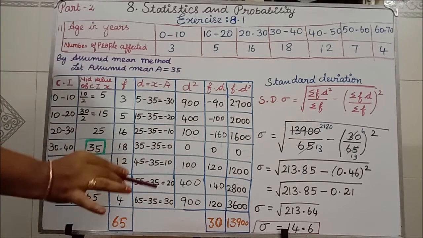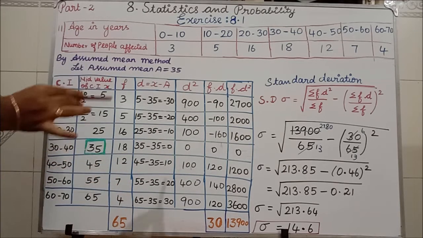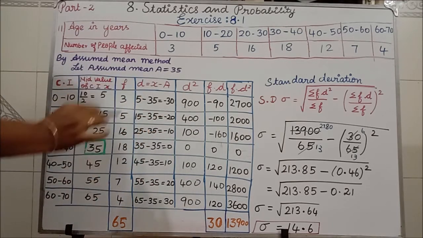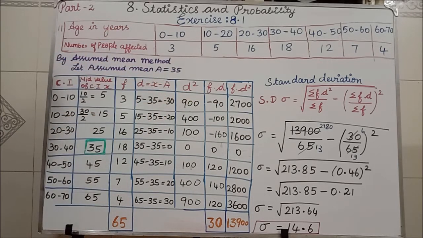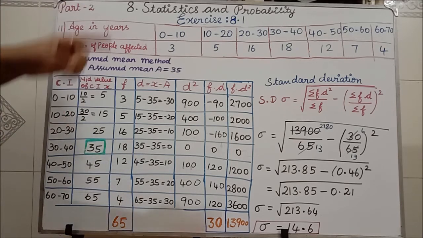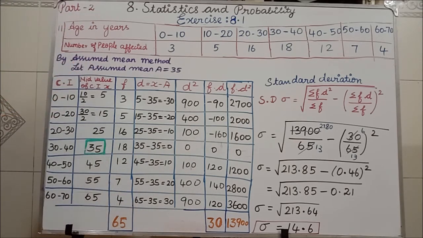So we have completed the tabular column. So what are the values we have found? All the values we are going to substitute and we have to do the calculation. That's all, our problem is over. Here shall we start the calculation? Students, division and taking square root I have not done yet. I will teach you after erasing this. Okay, division and square root how to take, that I will teach you now.